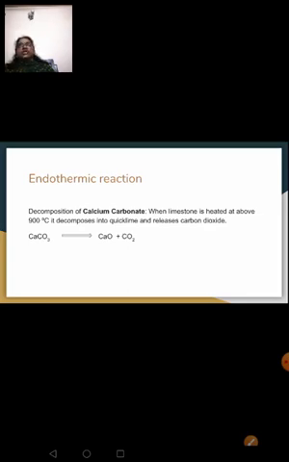Exothermic is absorption of heat. Is it so? No, release of heat. Exothermic, exo means exit, release of heat. Endo means absorption. Normally people get confused when they say exothermic. Immediately they think first it means absorption. No, remember, exo, exit. So it is giving out heat, and endothermic is absorption of heat.